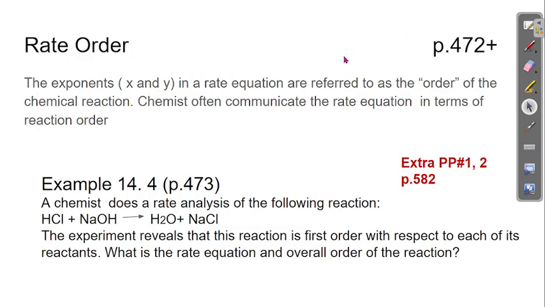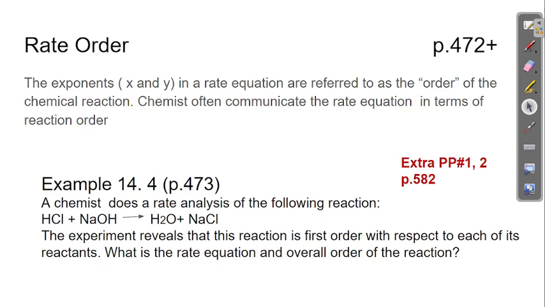Page 472. The rate order. We talked a tiny bit about the rate order a minute ago, but it's important enough to give it a second try here. The exponents x and y in the rate equation are referred to as the order of the chemical reaction. Chemists often communicate the rate equation in terms of this reaction order. For example,